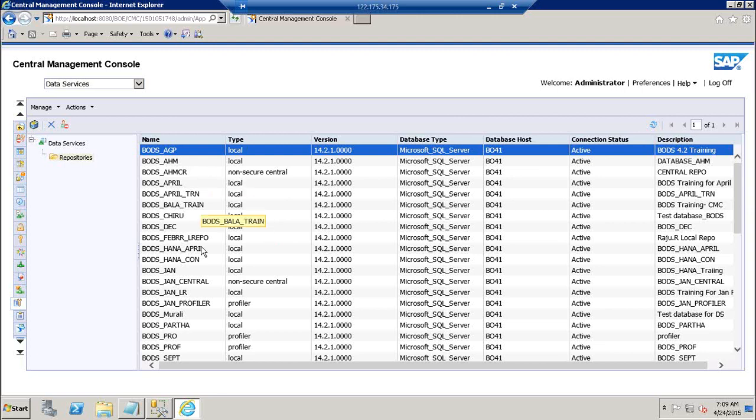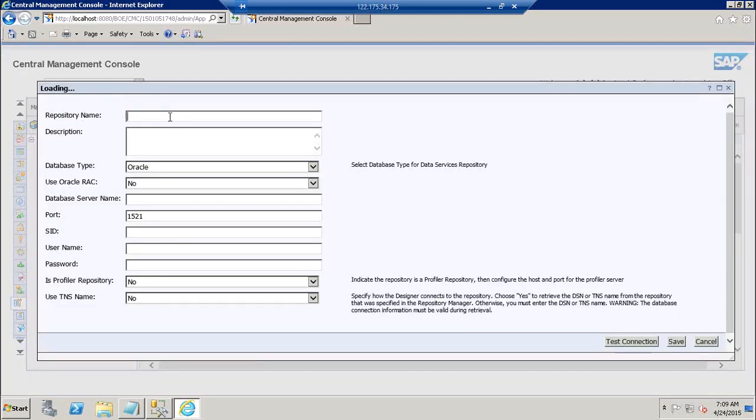So these are the list of local and central repositories and profiler repositories that are registered with the Central Management Console. To add a new local repository, or to register your local repository to the Central Management Console, click on configure new Data Services repository. So click on this cube icon here, and